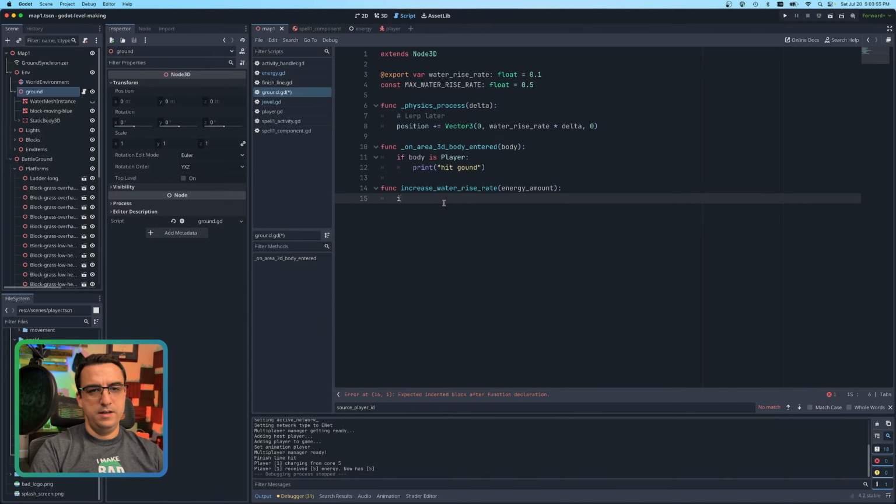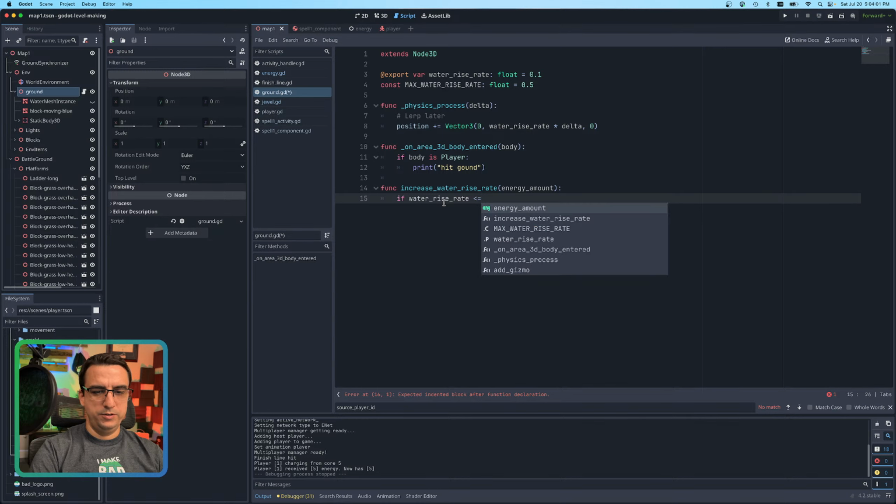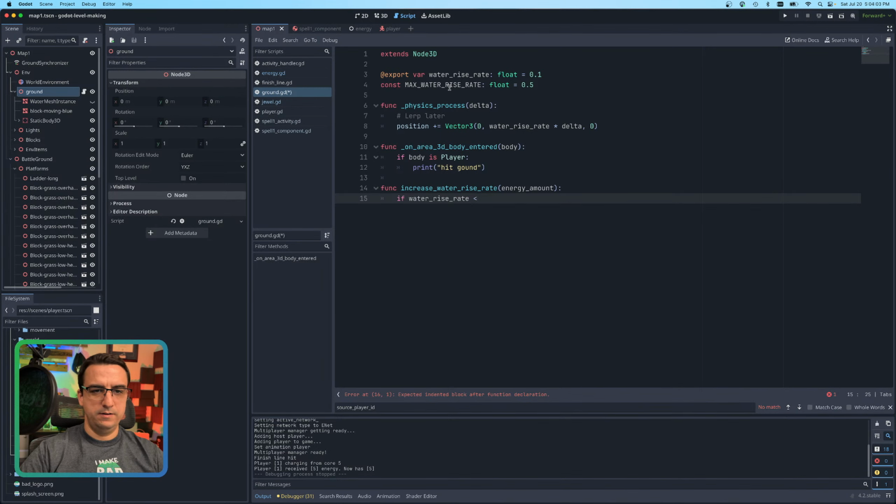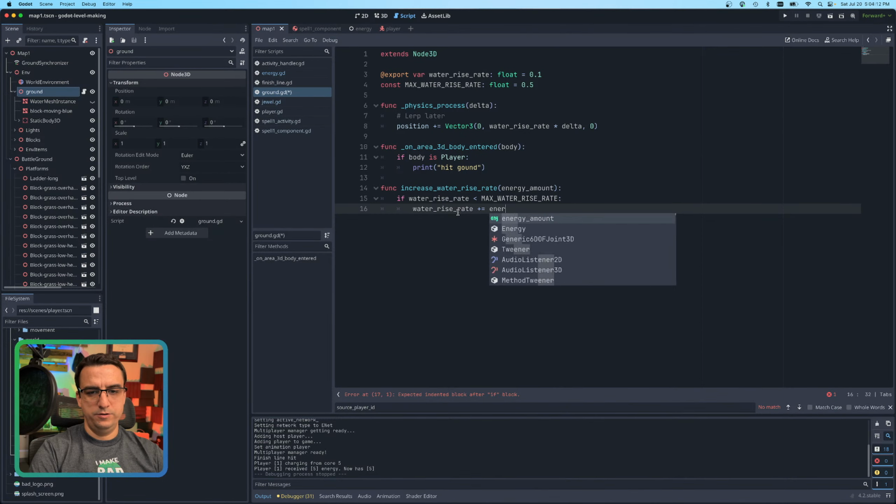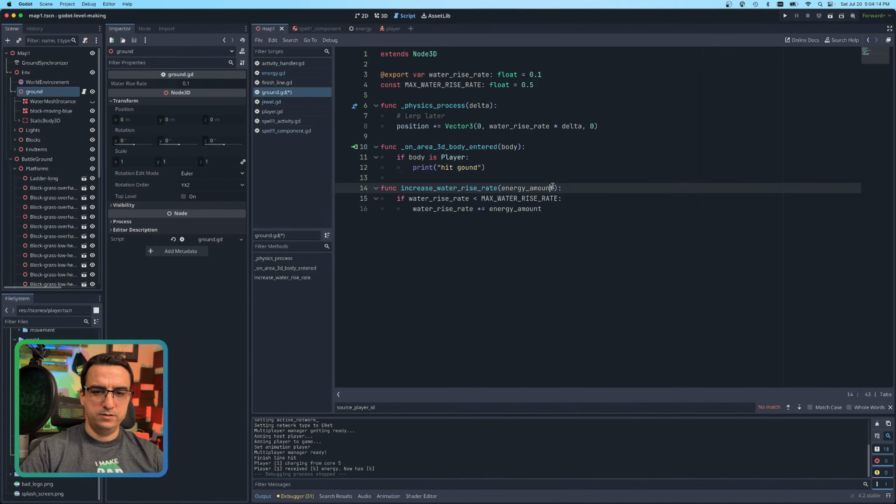So let's say if our water rise rate is less than our max water rise rate, then let's go ahead and increase it. See what happens. We're gonna do plus equals energy amount. Energy amount needs to be float coming in there. And we also need to grab